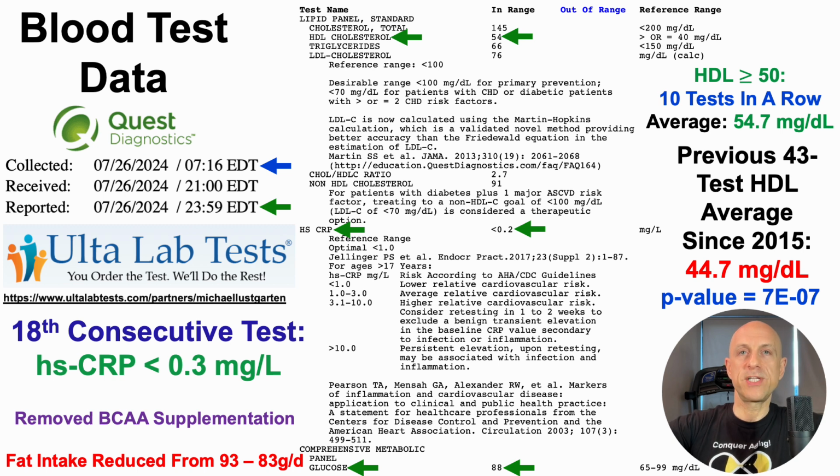I removed branch chain amino acid supplementation, so I supplemented with 5 grams per day prior to the last test. So for this test, I removed that. And then I also reduced fat intake from an average of 93 to 83 grams per day. So why I think those 2 factors may be involved in the glucose reduction going from 98 back to 88